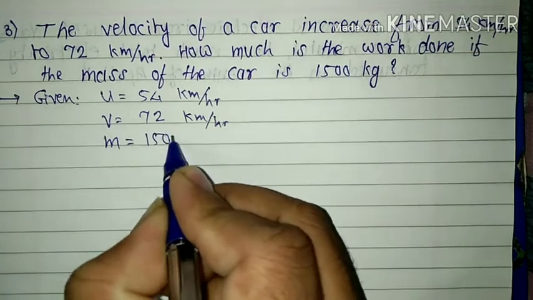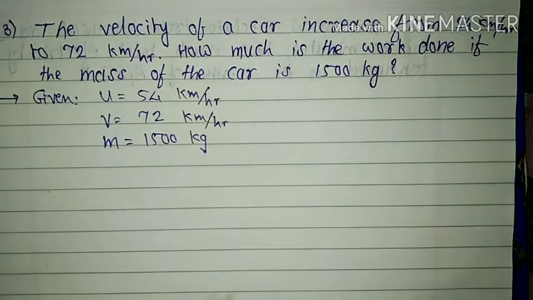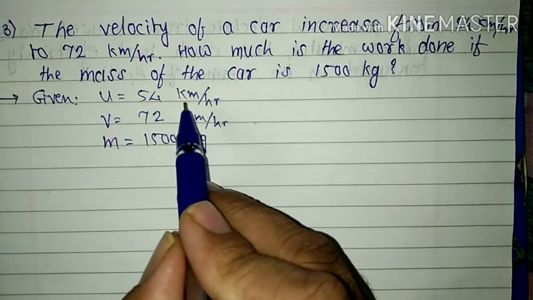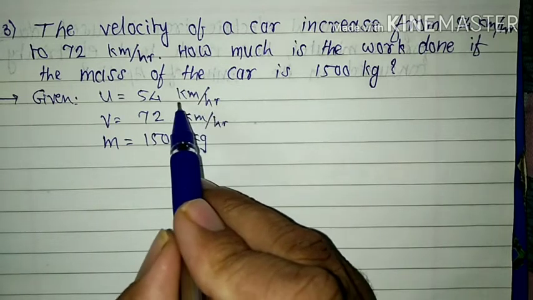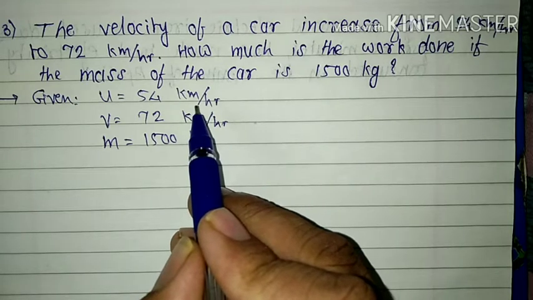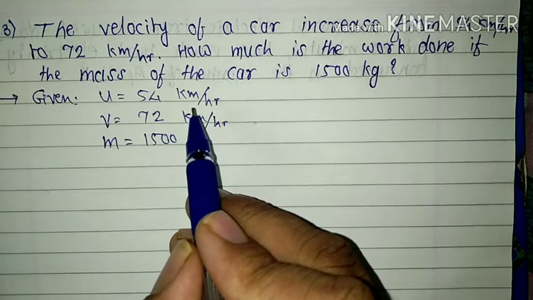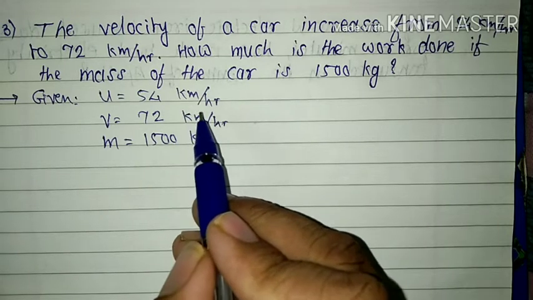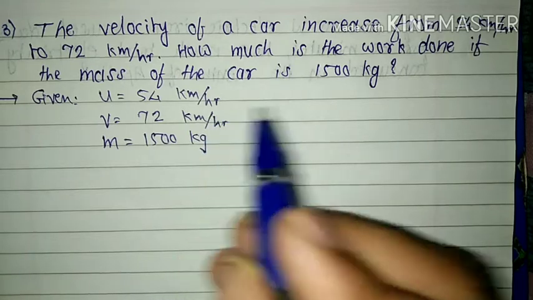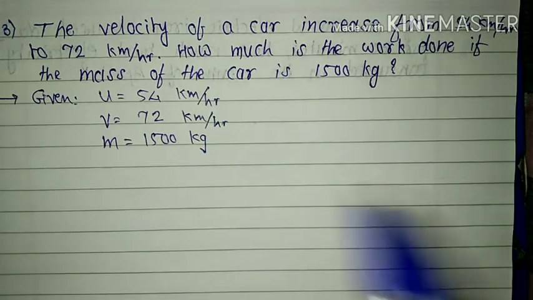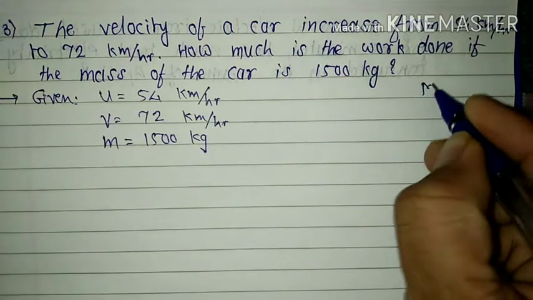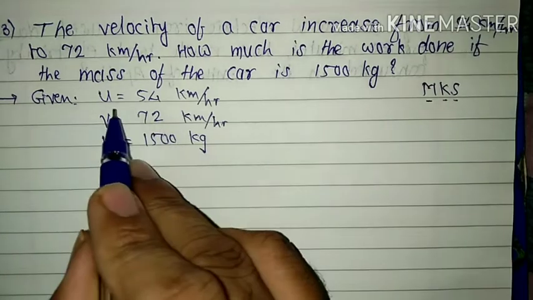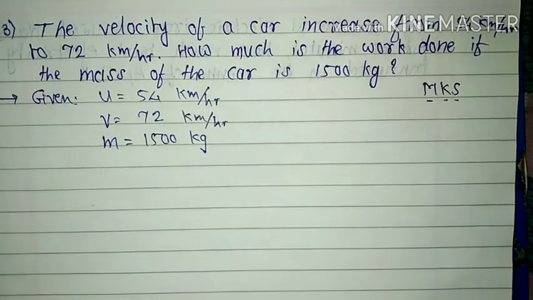Achha, we know that we require velocity in terms of meter per second, and given that in terms of kilometer per hour. Kilometer per hour velocity nahi chahiye, because whenever we are solving sums, we require units meter, second and so on. MKS, that is meter, second, kilogram. इन फॉर्म में अपने को MKS meter, kilogram and second. So that is why velocity we require in the form of meter per second. So see here,